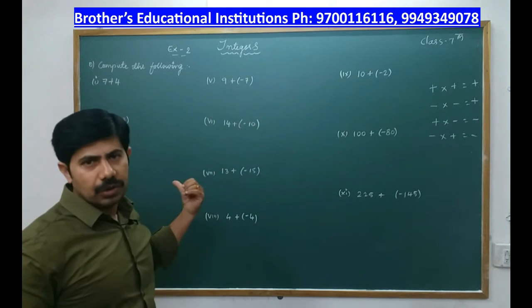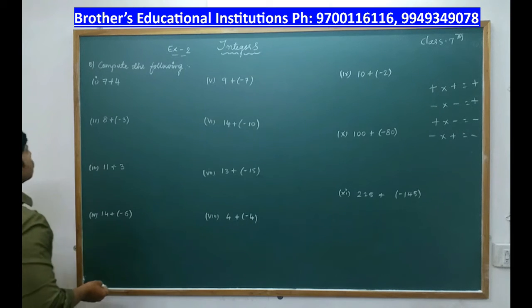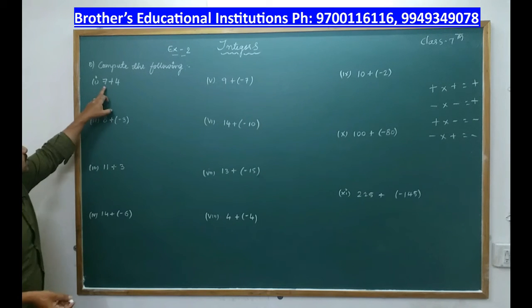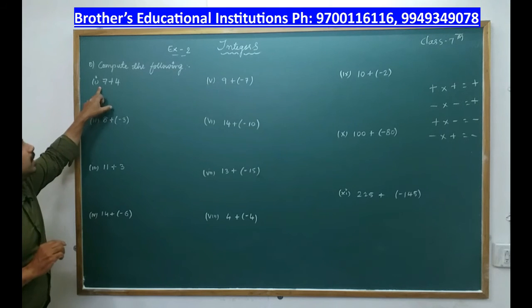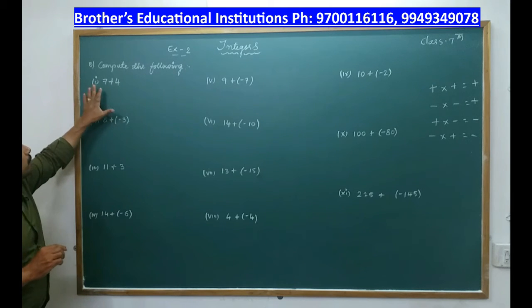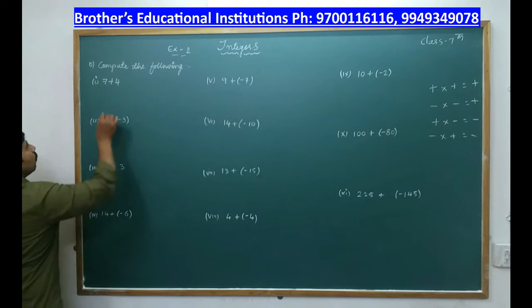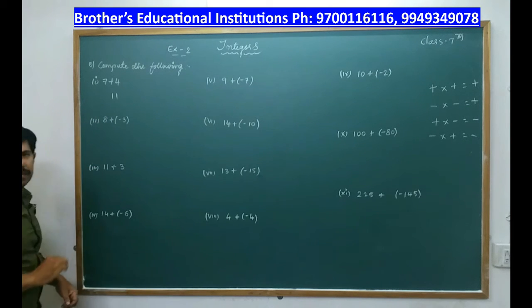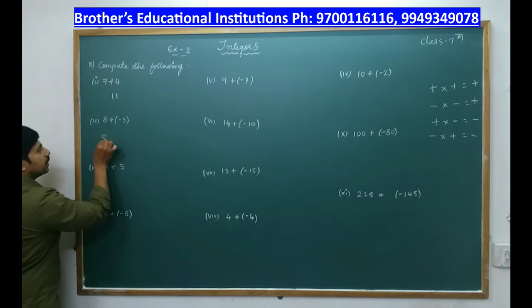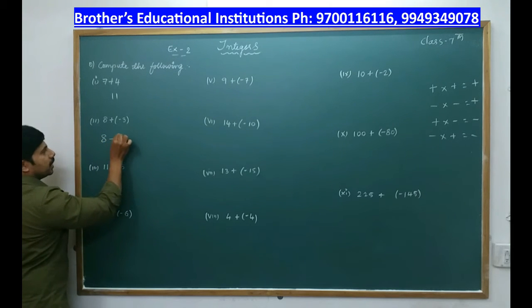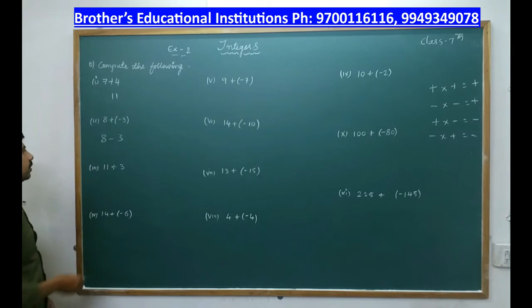Now using this, we'll do these problems, right? 7 plus 4, so it's very simple, both are positive. What is the sign for 7? You have to refer to the left side. You don't have any sign, so it is plus. For 4, it is plus, left side. So plus into plus is plus. So 7 plus 4 is 11, right? Now the next one, so here we have 8 plus of minus 3. So plus of minus 3. So we need to multiply and we have to make it as a single sign. So 8. What is plus into minus? It is minus, right? What is 8 minus 3? It is 5, right?